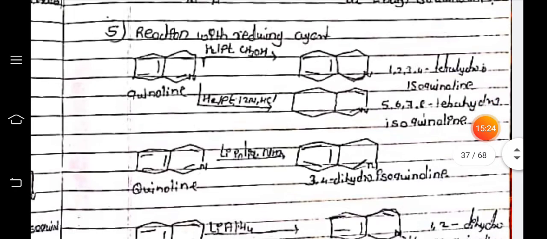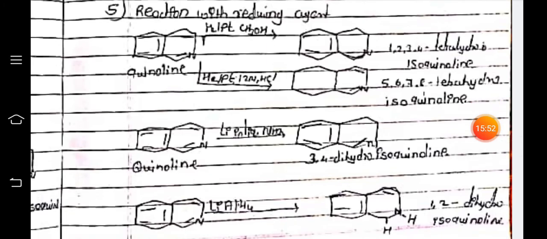Next one is the reaction with the reducing agents. The reducing agents are Sn/HCl, H2/Pt in different conditions. Reduction takes place at various positions by using the different reducing agents. When we use H2/Pt in acetic acid, the reduction takes place at the 1, 2, 3, 4 positions, giving 1,2,3,4-tetrahydroisoquinoline. When we react with H2/Pt in 2 normal HCl, the reduction takes place at the 5, 6, 7, 8 positions. We will get the product